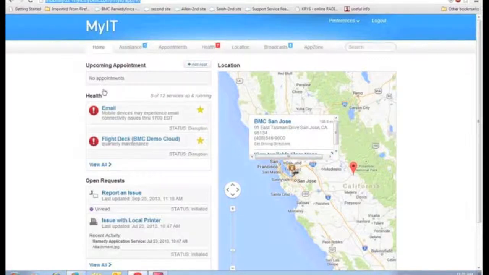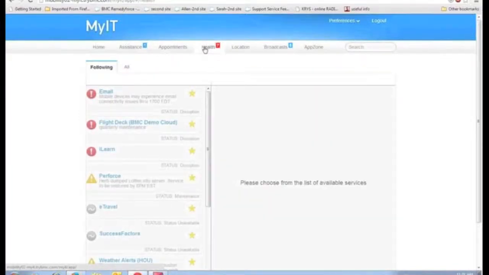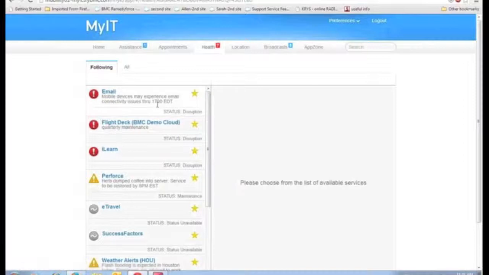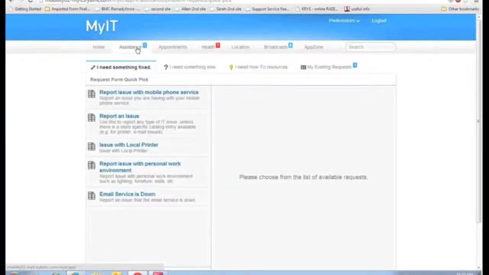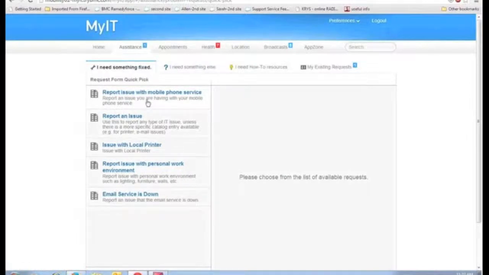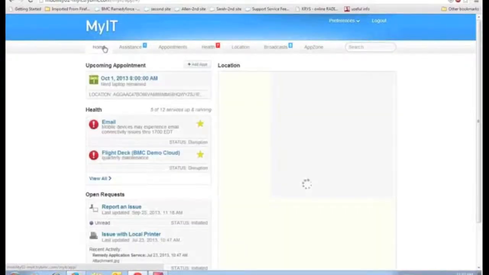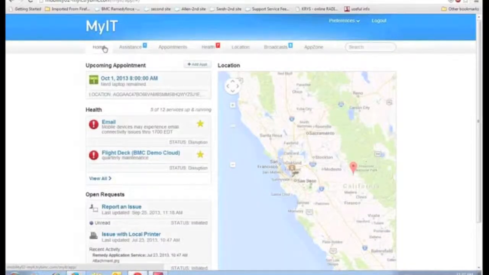So I've got my home page here. They're across the top instead of down the left. But I can see my health and my systems here. Same kind of thing. I can go ahead and put in a request for assistance, just like I did before. All those kind of things as well. So now you really do have that consistent experience that Dick was talking about across your devices, and you're able